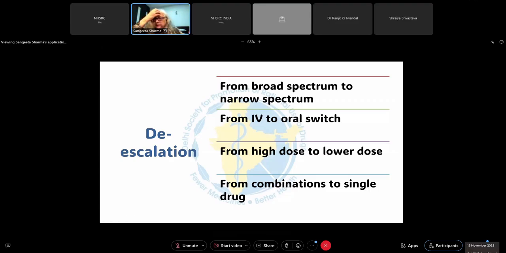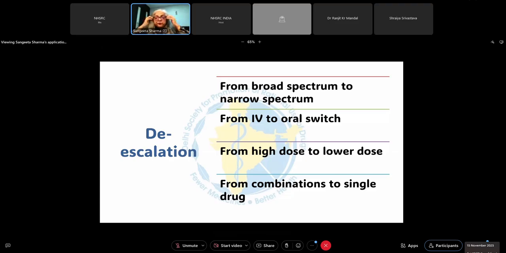Sometimes because in an emergency we don't know the source, we don't know the germ, sometimes we don't know whether this is gram negative or positive. So we may start with a combination of 2 or 3 antibiotics, but this again should not be continued beyond a period. We should try to switch, as you have reports available, from combination to a mono antimicrobial therapy. So this is called de-escalation.